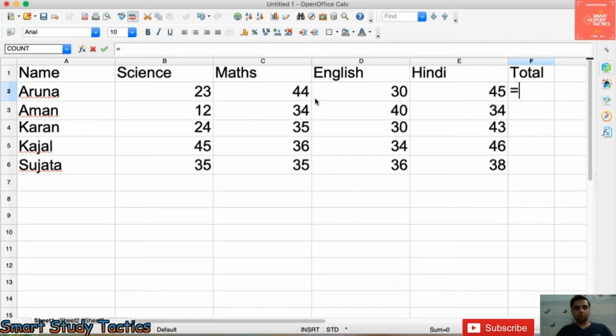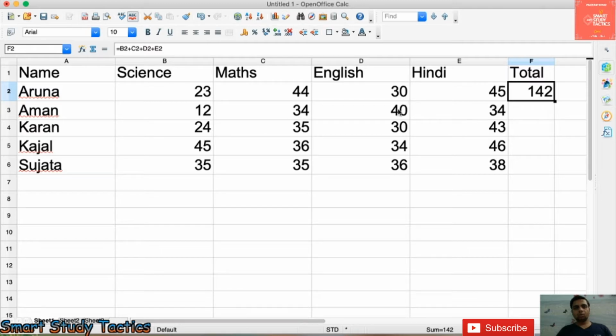So just now I will calculate cell-wise, meaning I will call the particular cell's data address, then add the values. For the easiest way, you can put the equal symbol, click on the particular cell and press the plus button. As I am pressing the plus button, similarly you can click here, second value, next plus button, third value, plus button, and fourth value. Now we have all the addresses in the total column. You can press enter and you get the sum of all the numbers. It is the easiest way to get the sum.